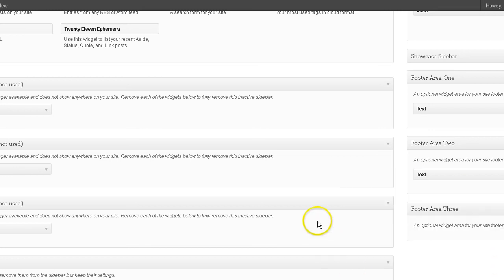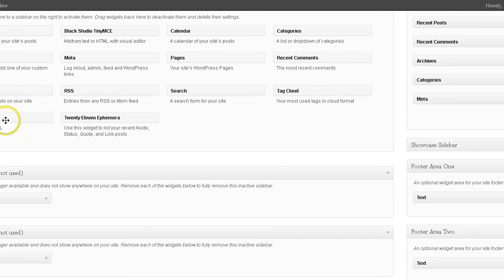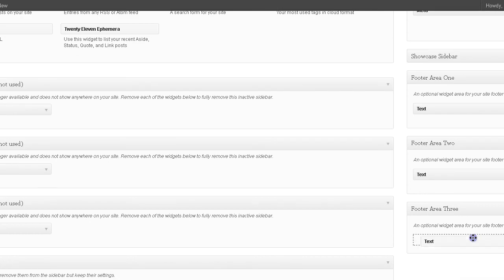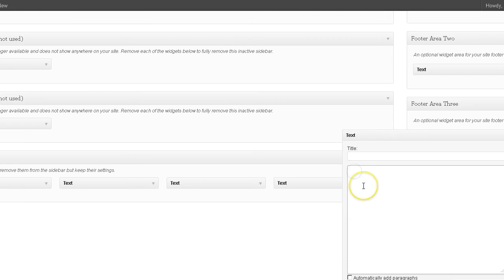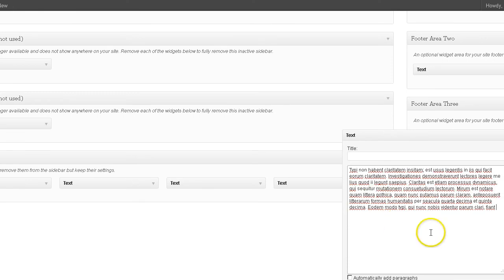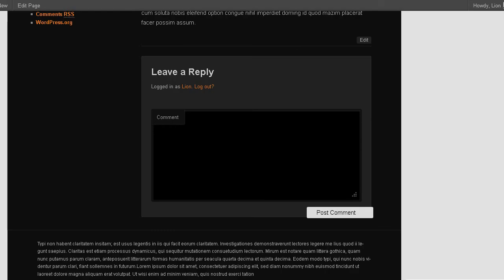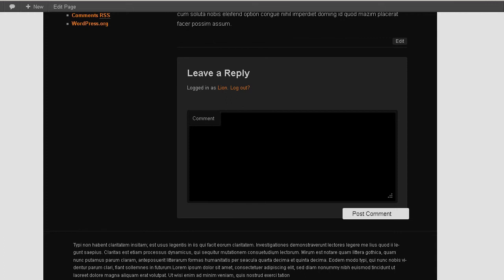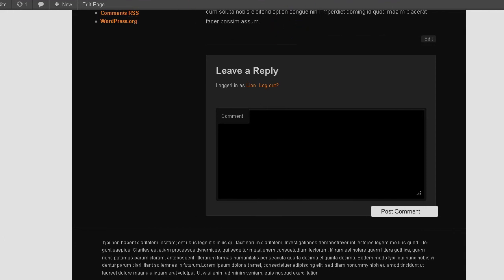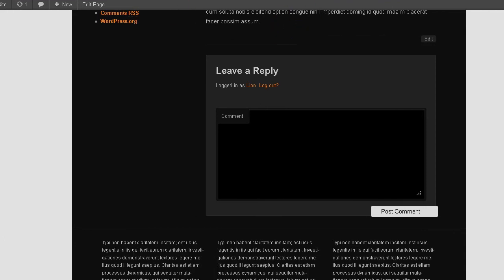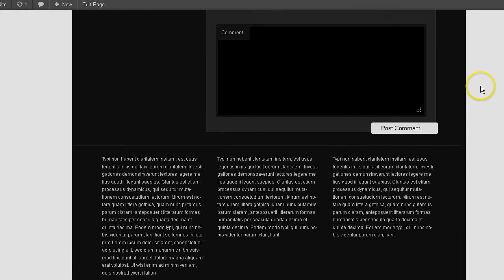Go ahead and close that. And I'll just drag in a arbitrary text and HTML widget down into footer area 3, and I'll go ahead and paste that dummy text in there. I'll go ahead and save that, close that. Now let's go back to our website. And I apologize for having to adjust my screen, but I'm shooting in HD. And now you can see there are 3 widgets at the bottom,